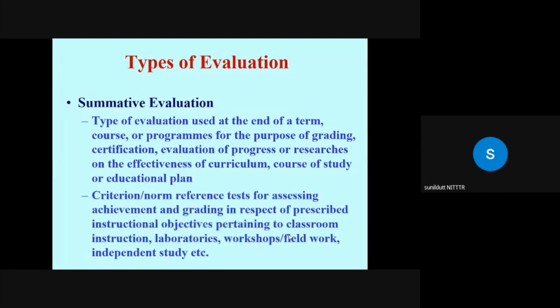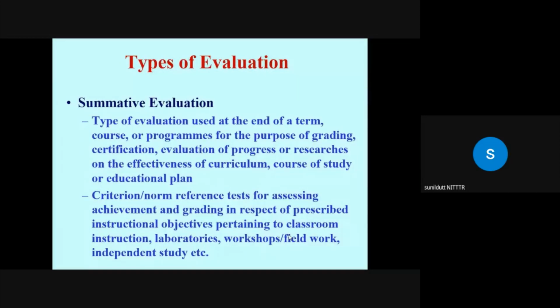And for this, criterion reference testing or norm reference testing can be employed. So criterion reference testing, the purpose is to compare the performance of one student against the stated learning outcome. Say the learning outcome is define force. Now if the student is able to define the force as per the instruction, then we say that he has attained this learning outcome. That is criterion reference. If he or she is able to state or define force 100% correctly, we say that he has attained the mastery over this learning outcome.